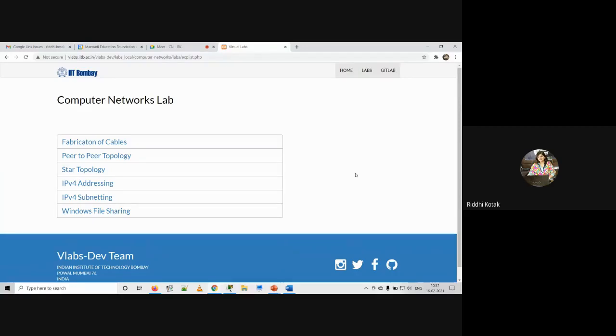second thing, we have learned about topology, and practically we have implemented topology structures. Many topologies we have implemented in Cisco Packet Tracer like bus, ring, mesh, tree, star, hybrid also.